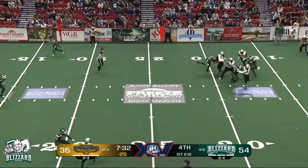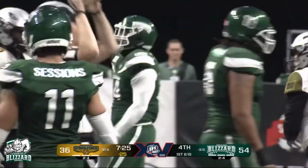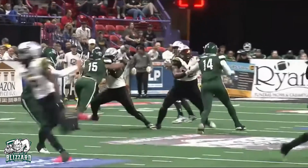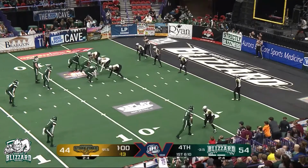1st and 10 for Davis. Rolling out. He is hit. He is sacked. Rafiq Abdul Wahid comes in and gets the quarterback sack on Nate Davis. I was about to say one of the underrated qualities of Nate Davis is the quarterbacking skills, is the ability to